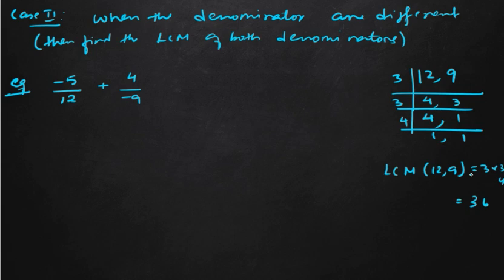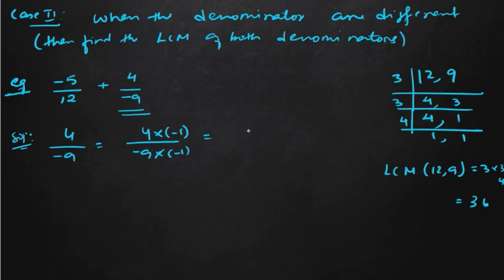Fine. So before going to that, we need to convert this one, 4 by minus 9, as the negative sign is in the denominator. So we have to eliminate that negative sign from the denominator. What will we do? We will multiply the denominator with minus 1, then only this negative sign will be eliminated. And if you have multiplied minus 1 in the denominator, we have to multiply it in the numerator also. So this will be 4 into minus 1, minus 4, and minus into minus is plus, 9 1s are 9. So we have got this. And after doing this, we have to make the denominator same. So we have to make the denominator 36.